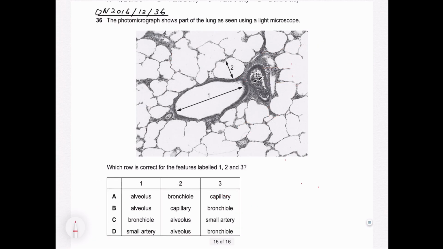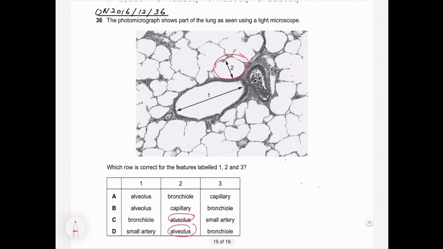For this question, it's given a photomicrograph of a lung. So we need to be smart enough to identify the structures that are easiest to identify, which is most likely number 2. So what is actually number 2? You can see that it has a large air sac and the wall is very thin. So we know that 2 is definitely the alveolus. Then between 1 and 3,